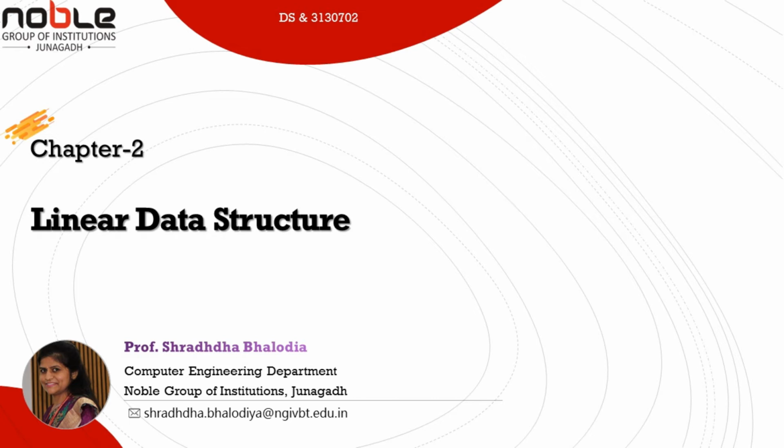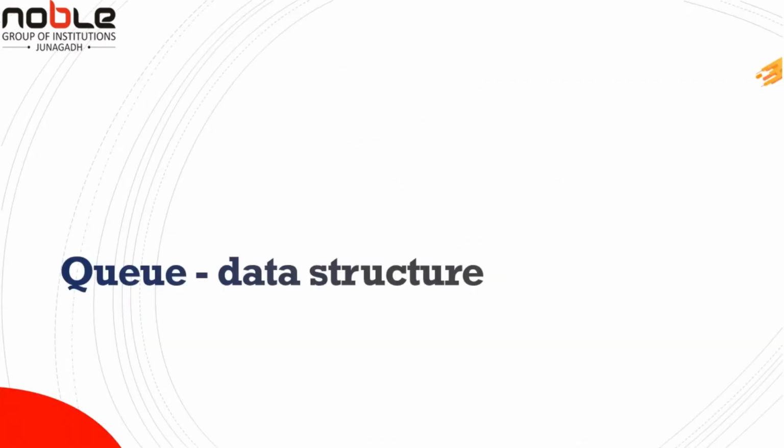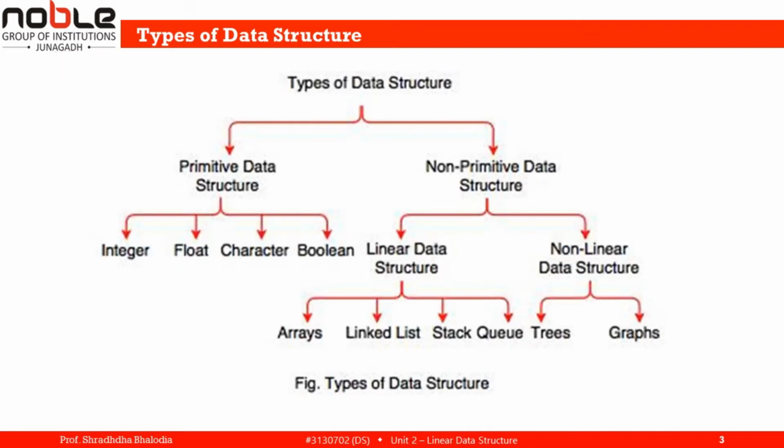Hello friends, today we are going to learn about the second linear data structure, queue. Queue arises quite naturally in the computer for solution of many problems. Perhaps the most common occurrence of a queue in computer application is for the scheduling of jobs. The name queue likely comes from the everyday use of the term.